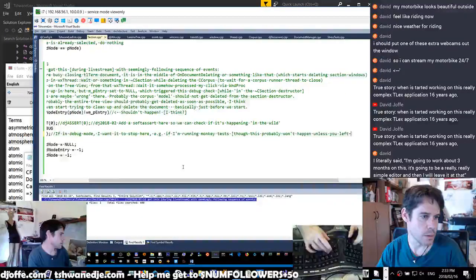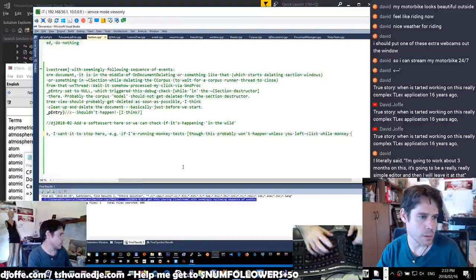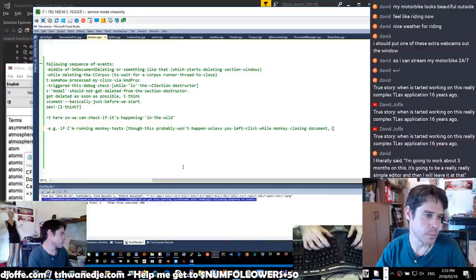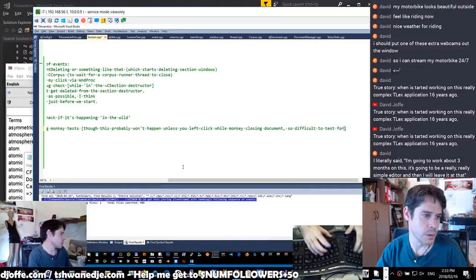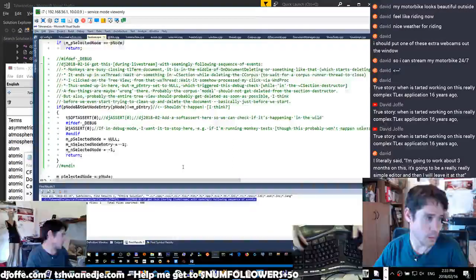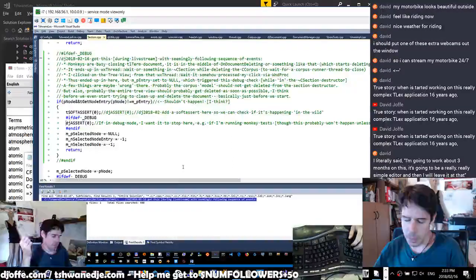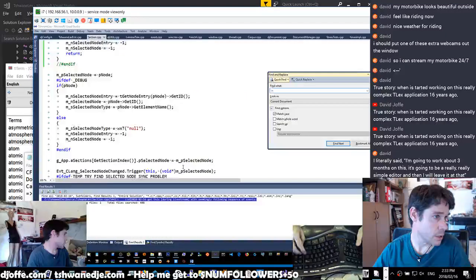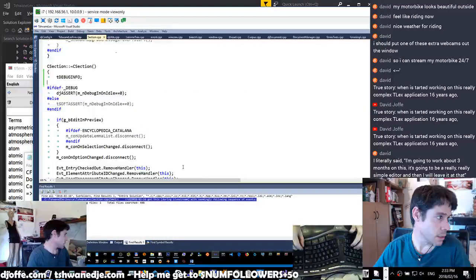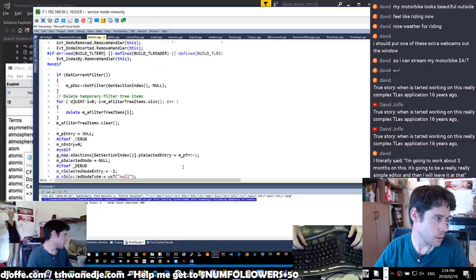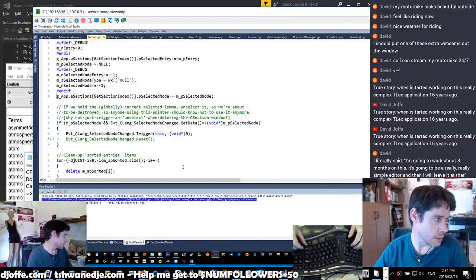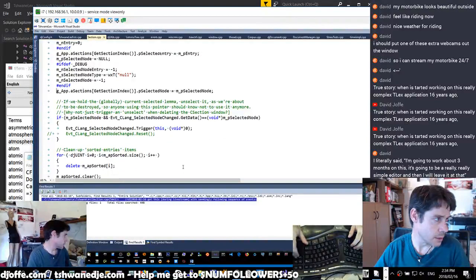Right. You have to left click. Can I simulate that? Throw out a left. But what I want to do is go into the destructor, and one of the first things I want to do is we set the selected node and entry to null. That's fine. That's good. Then